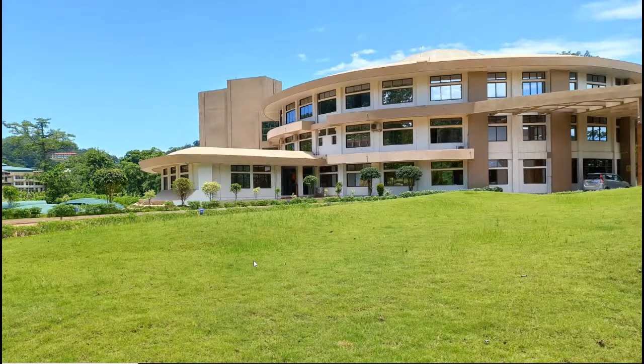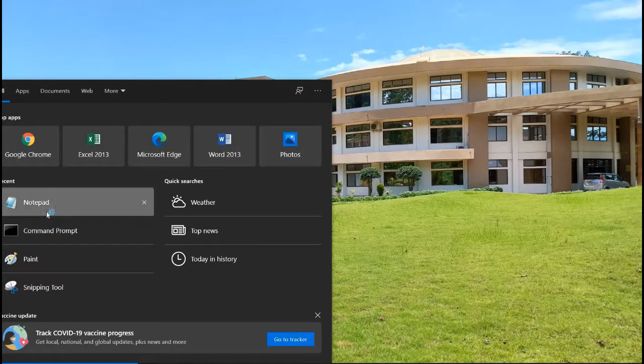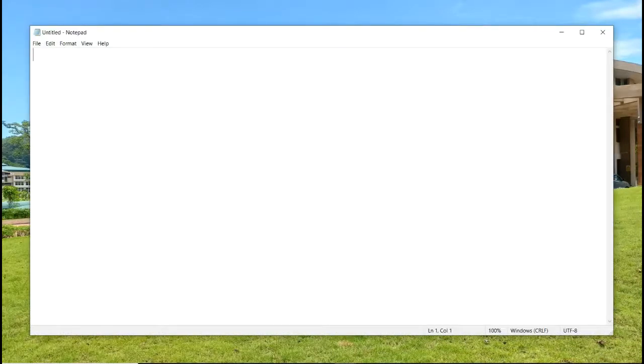So in my previous video, we discussed in theory what the different types of inheritance are. Now we will be looking at the three different types of inheritance which are facilitated by Java from a program point of view. For that I will create a notepad, and within the notepad I will simply write a program to demonstrate single inheritance.